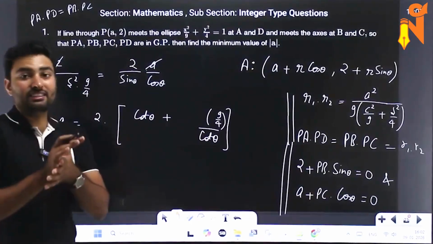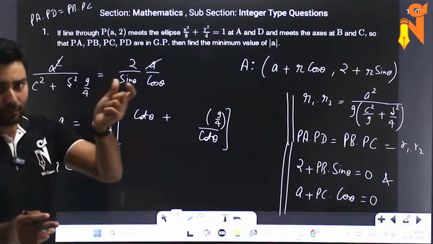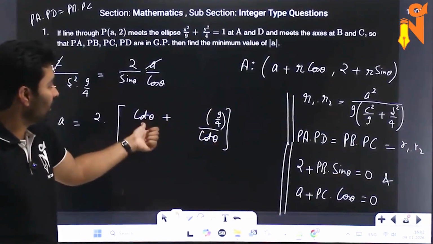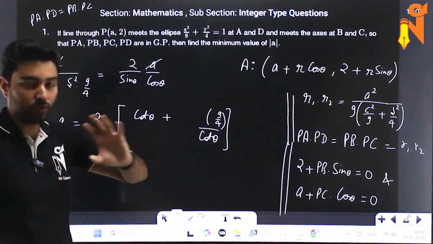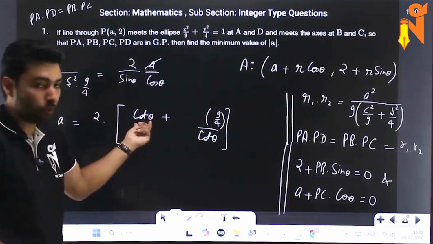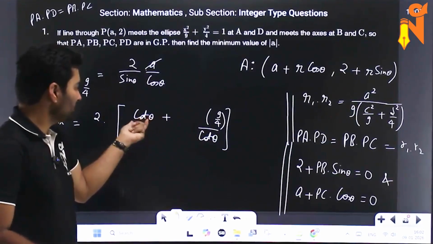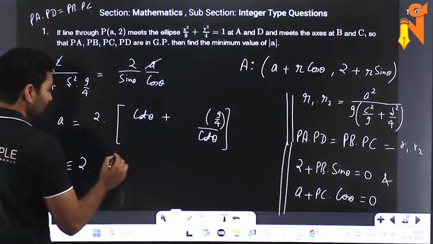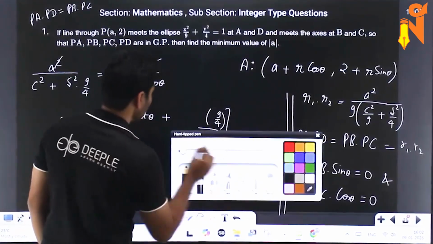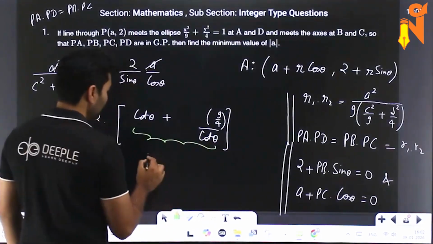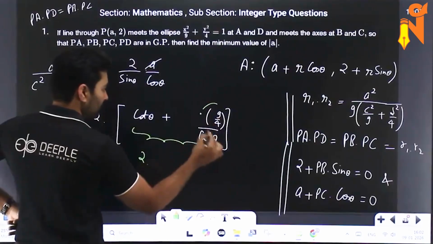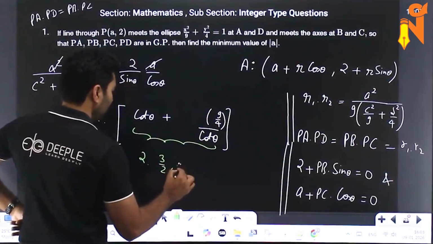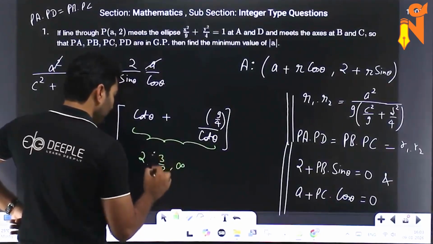Now generally I teach this point x plus a by x range, because here theta is obviously from 0 to 90 degree, okay. So this is obviously a positive angle here, so basically a positive value here, okay. In this condition the range will be 2 into the range of this expression, which is 2 root a, so 3 by 2 to infinite. If you don't know what this is,